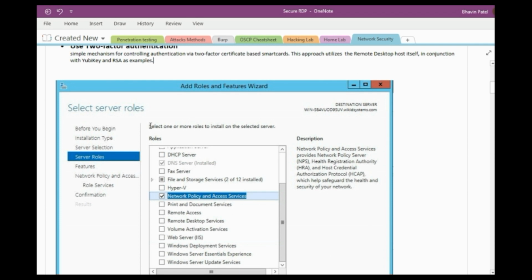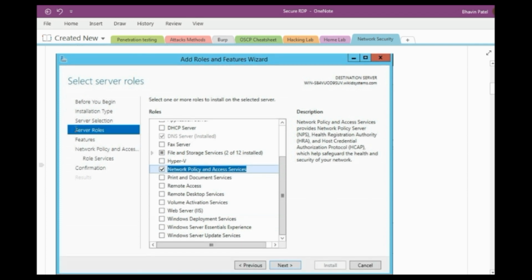If you have a server edition, then you can enable the server role feature in Network Policy and Access Service. After that, whenever you are accessing the RDP server, it asks for a username, password plus a third-party token or authentication like OTP.